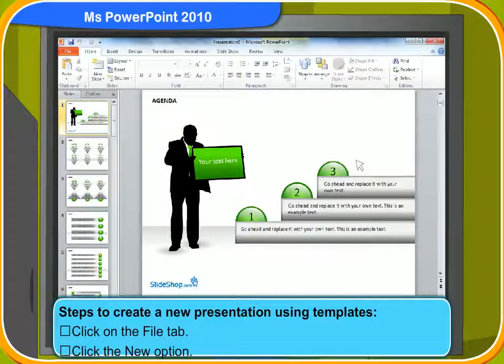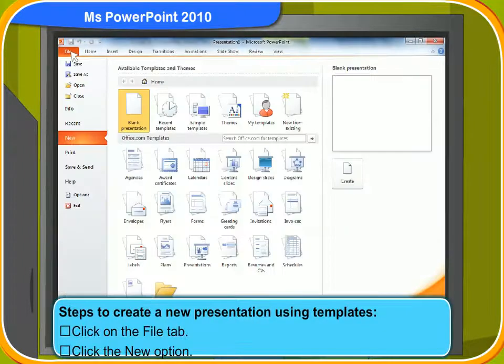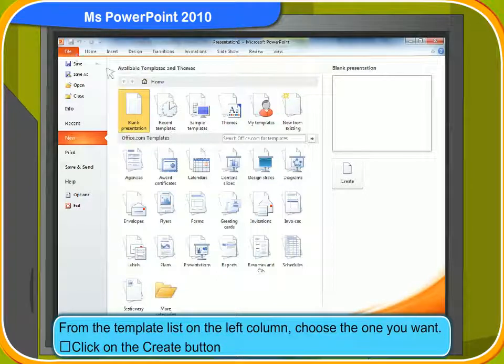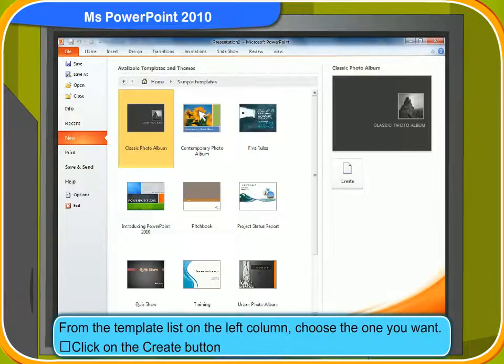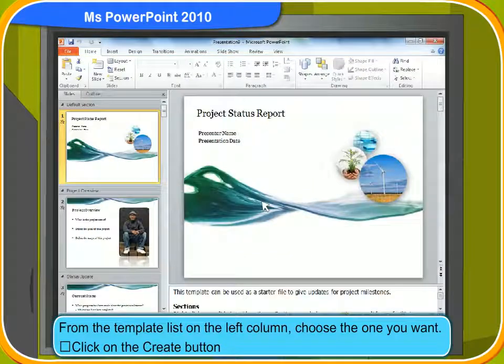These are the steps to create a new presentation using templates. First, click on the File tab. Then, click the New option. From the template list on the left column, choose the one you want. Click on the Create button. Look, the template type presentation is created with many slides.